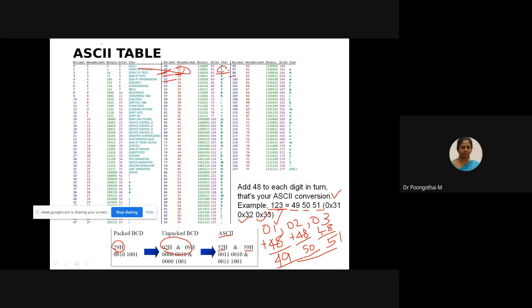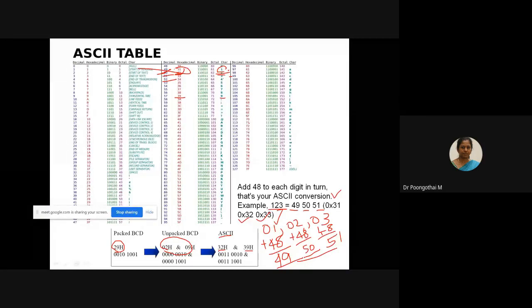So here look at the table. Here 32, you will have 2. 39, you will have 9. So in this way, we have to separate the data. After separating, convert that value into ASCII code. After the conversion, that data should be latched into the LCD display.